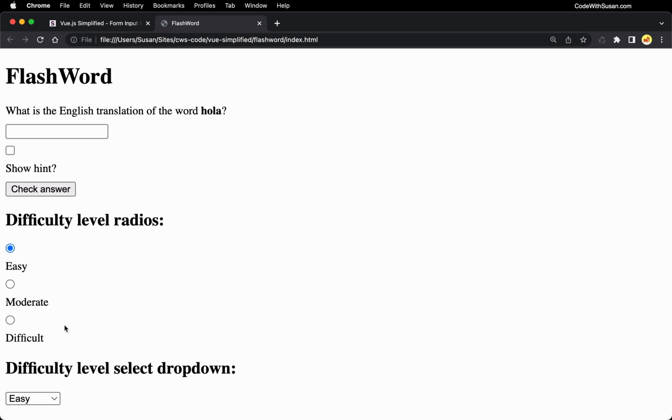All right, that's a little bit clearer. All right, so you can see for both of these, because the level is set to easy on initial page load, that's the option that we're seeing chosen. And then if I change it, let's say I switch it via my radio buttons, I update level to be difficult. You can see that's dynamically reflected in the dropdown. And then likewise in the dropdown, if I alter level, I change it to moderate, we'll see that reflected in